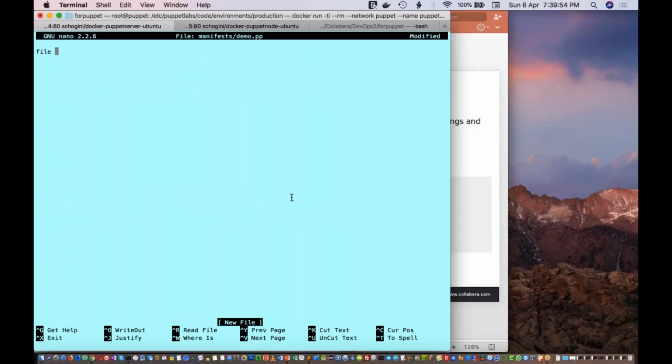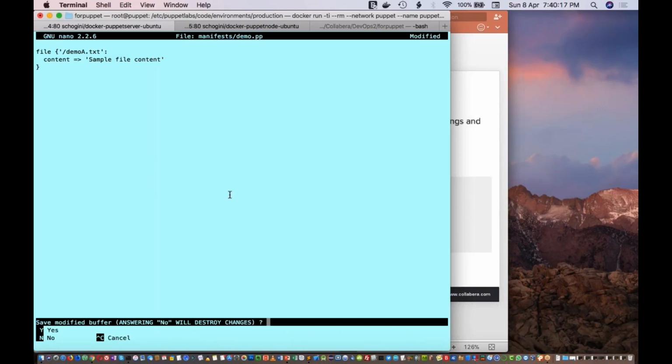So here I'm going to create a file resource. I'm specifying to create a demo.txt file, and I want to specify the content of this particular file as content arrow sample file content. This is how we normally write the file resource, right?